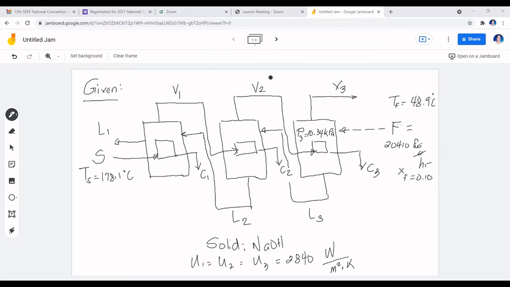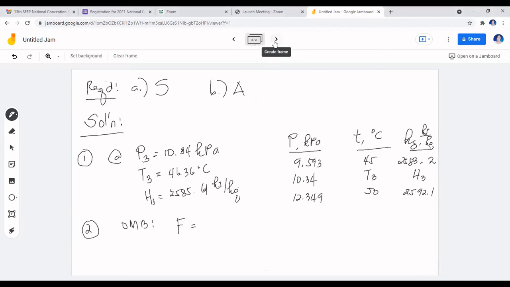Okay, it should be V total. Specifically, we're after V total plus L1. Why should it be L1? Because our final product is L1, not L3. L3 here is being processed further in effect 2, just like L2. So your final product is L1. This is reverse feed, not forward feeding. So V total plus L1. This is your overall material balance.